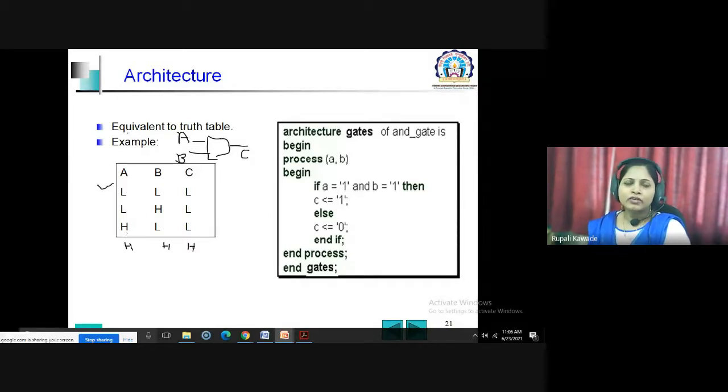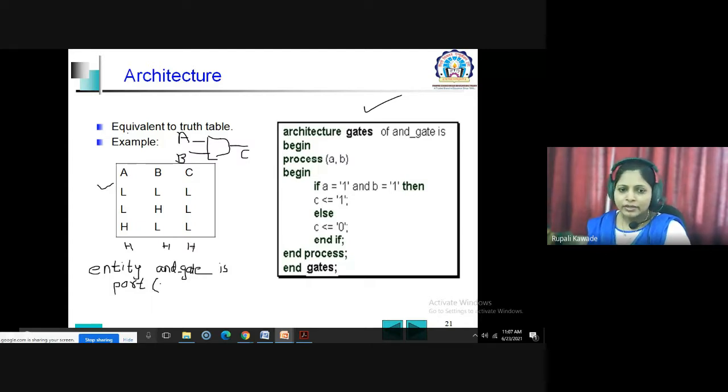So what we always need to write is the architecture mentioned here, but we also need the entity, right? We have seen how to write the entity. Based on that, we write the keyword entity, then the name of the entity, which is a user-defined name. Suppose I am giving the name for this entity as and_gate. After that, what we write is port. Port is a keyword we write. Then inside this port, we list out all the inputs and outputs.